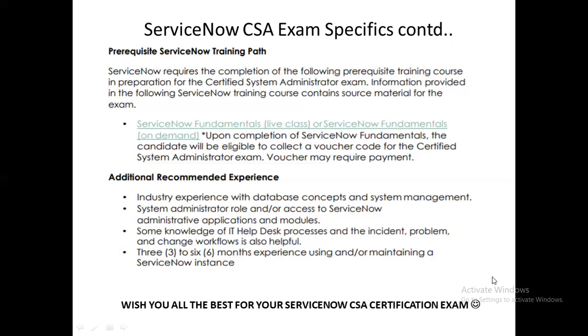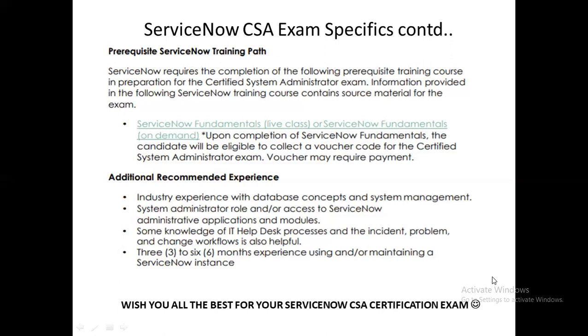So it helps you to understand concepts. You can get a hands-on understanding of things. And as I said earlier, this can be overcome by doing the same things in a PDI. So if you do all those basic things which we have talked about in our previous videos, this will help you further to grasp the topics. This is about the prerequisites, and some kind of experience is recommended but not mandatory just to write the ServiceNow CASA